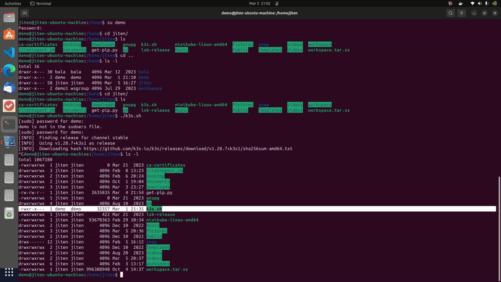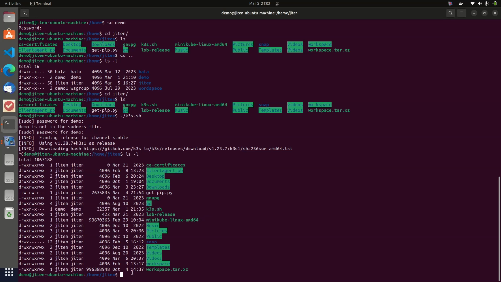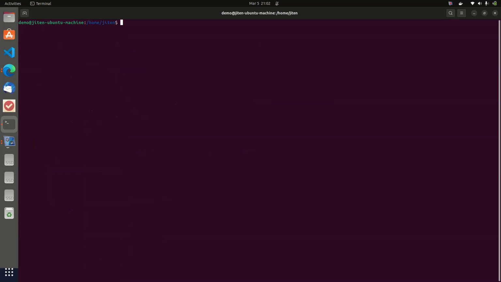So how do you write a shell script with a simple echo command? I go here, I create vim hello.sh. We will discuss about vim. Then I have to write something, so I need to press I, that means insert mode. We will discuss shell script a little later, but right now